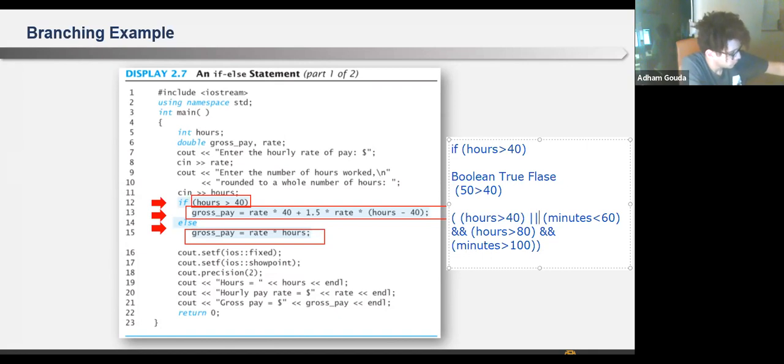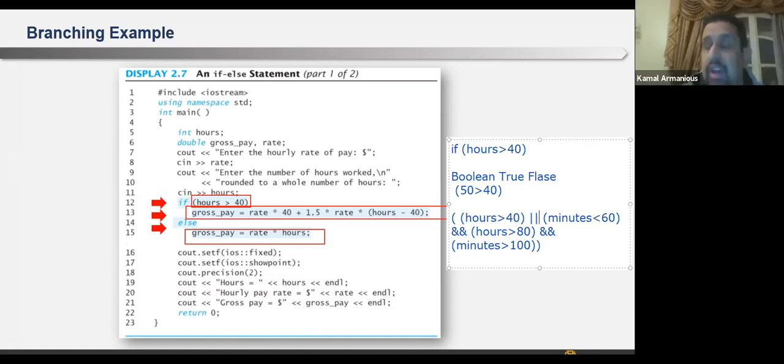So I start with evaluating hours greater than 40, and then whatever is between the parentheses, minutes less than 60, and then I OR the results. Do you remember what the OR was?